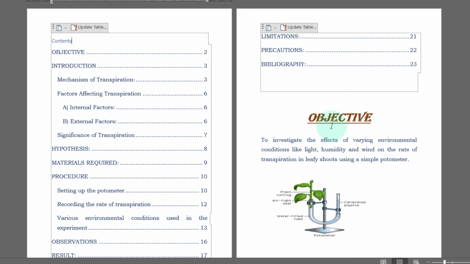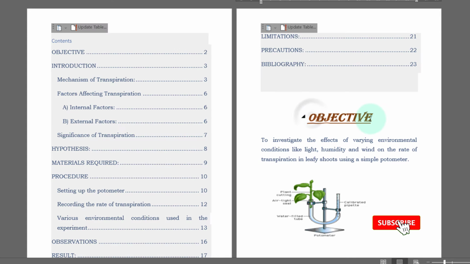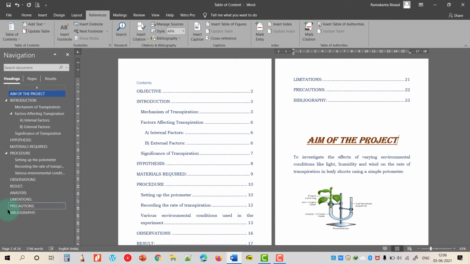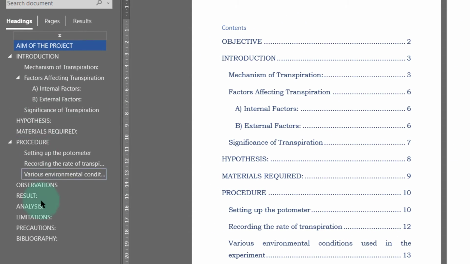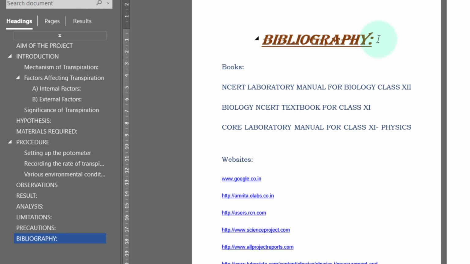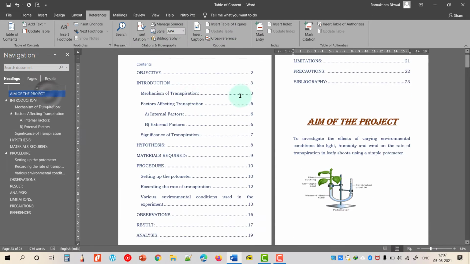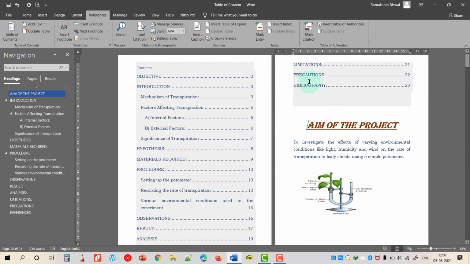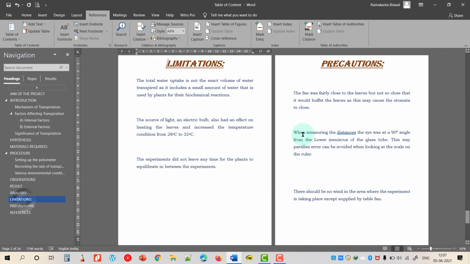But now if you are changing anything in the headings, let's say the Objective here, I'm changing that to, let's say, Aim of the Project. Instead of Objective, I change that to Aim of the Project. And let's say the Bibliography, we can navigate to it using the navigation pane with the headings. You can simply click and go to Bibliography, and let's say I want to change that to References. So we changed Aim of the Project and References. If I go back, I'm still having Objective and Bibliography in this table.